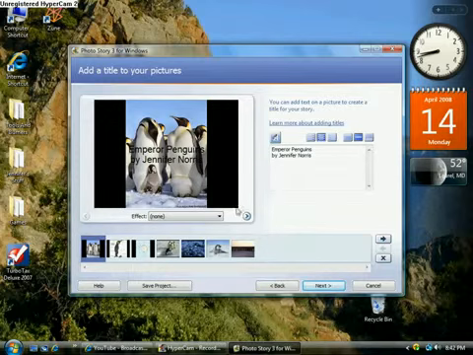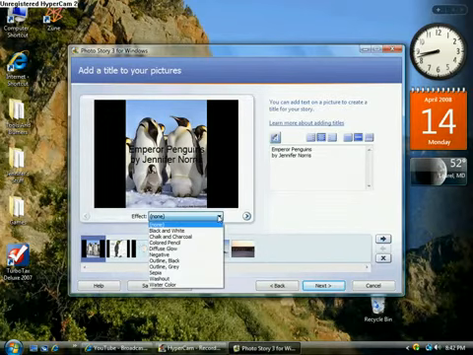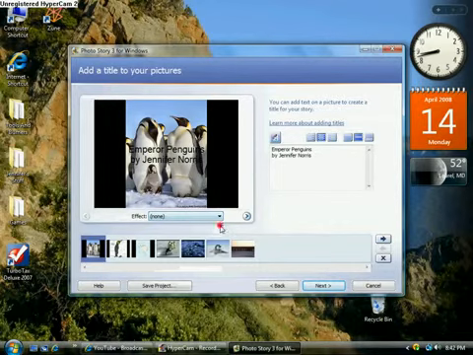You can add effects so that the picture changes as it leaves. I'm going to leave them because I don't like effects, but it'll be something fun for the students to play around with. Now that I have my title slide, I'm going to go to the next,